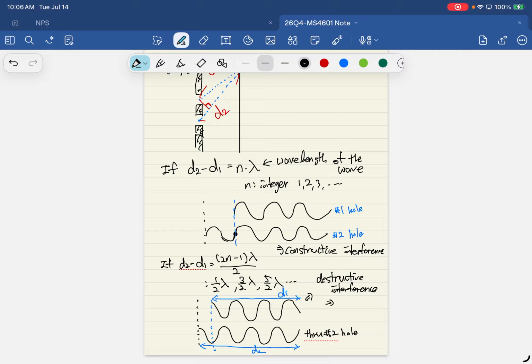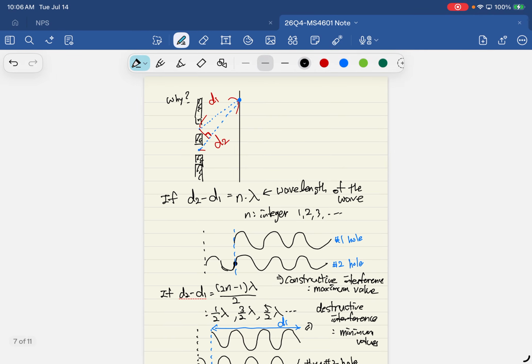So we are going to have minimum values, local minimum, okay? And then this one we are going to have maximum value, okay? So in the sense, as we move the spots away from here and then we go this way,